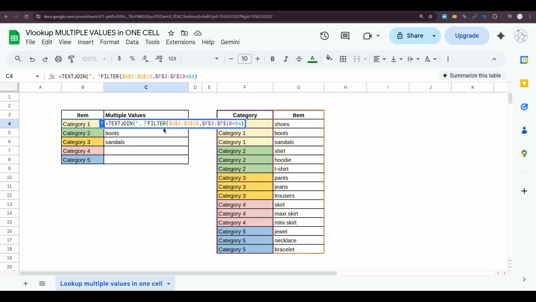So this defines that the values will be separated by comma. Then after the double quotes, put a comma, then write true, and again comma, and then bracket close. So text join will join all the values together by separating them by comma, and click on enter. Now you have looked up all the values from column G against category 1 and have entered them together in one particular cell, and you just have to drag it after this